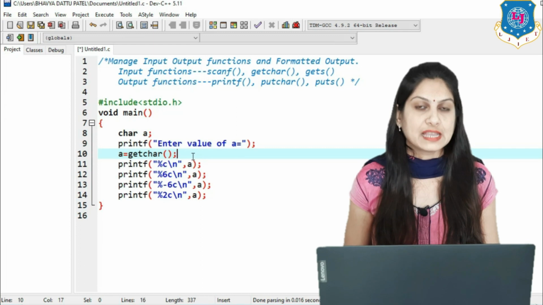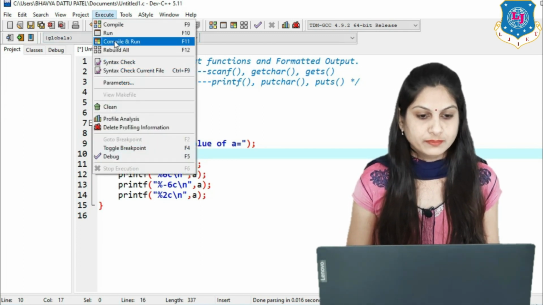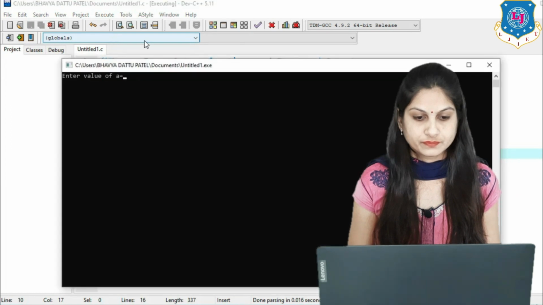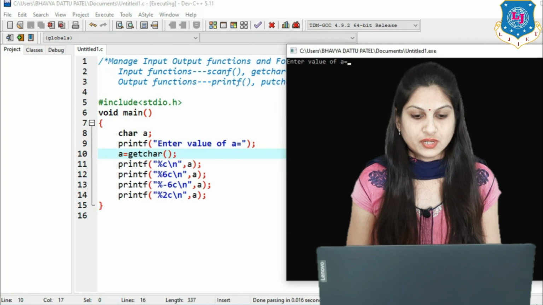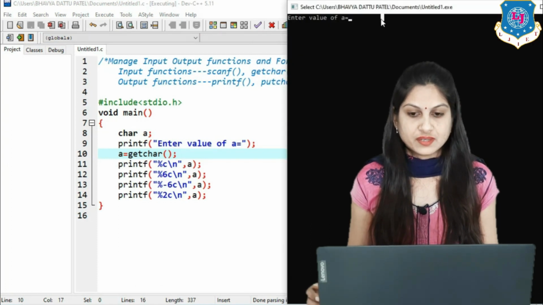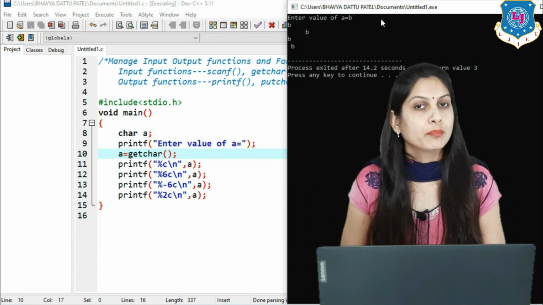It is similar to the scanf function, so the output is the same. Just execute this program and you can see the message enter a, and suppose I am entering b, then different b will be printed.